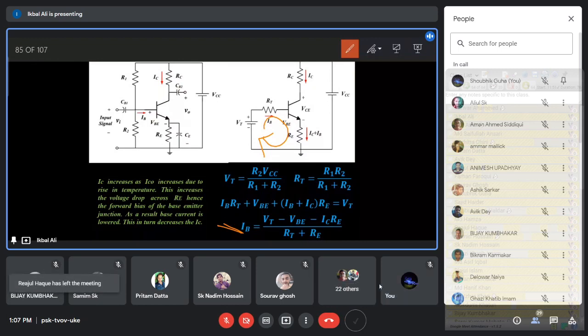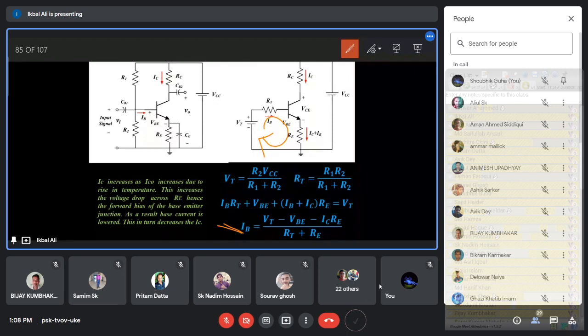What I have said is that the collector current is the output current of the transistor. This collector current is actually dependent on beta, VBE and ICO. If temperature changes these three parameters, then the collector current will change. But we have already discussed that, due to this RE resistance, this self bias circuit automatically reduces the change in the collector current from its changing value, and it minimizes it. So the stability of this circuit is very good.